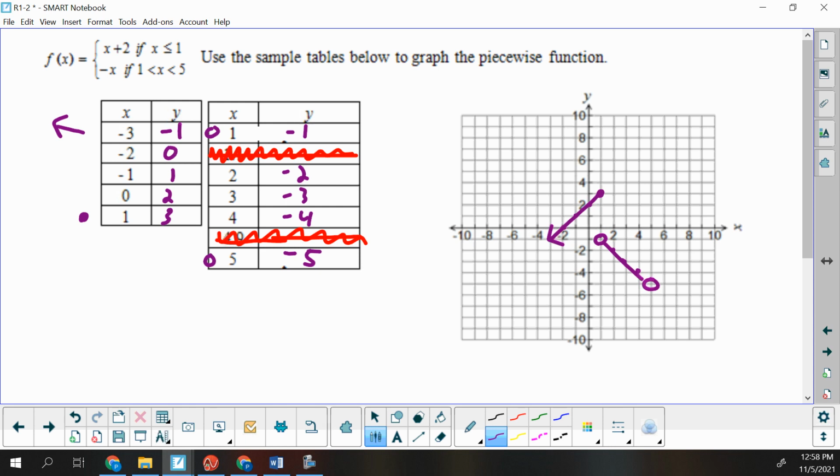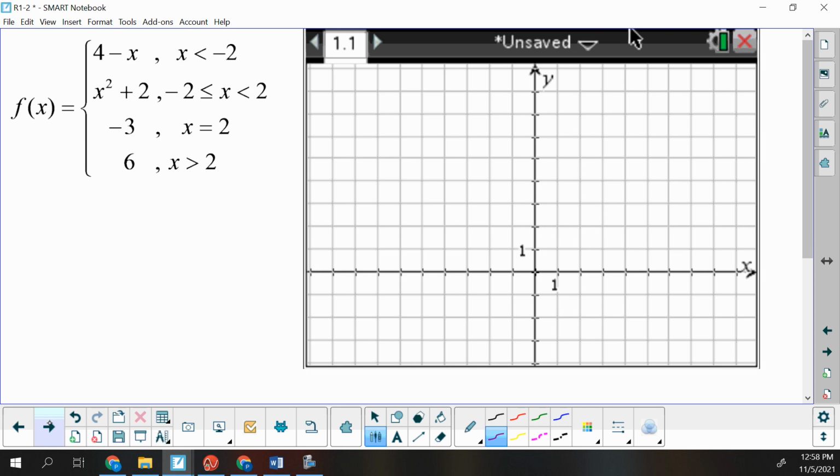So if we go to the next one, we're going to take some of the training wheels off. The difference now is, one, we've got more parts, and also we've got to come up with the values for our table. So we're going to have 4 different t tables. So the first one